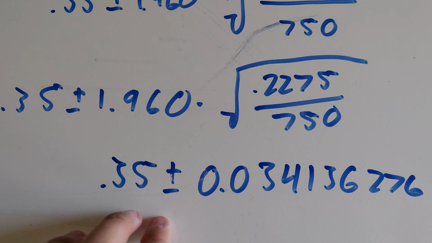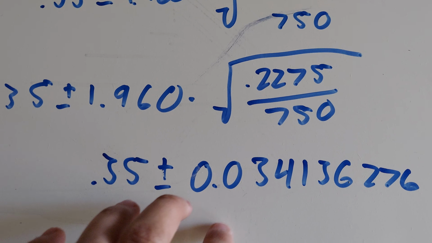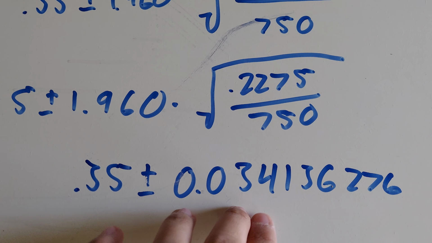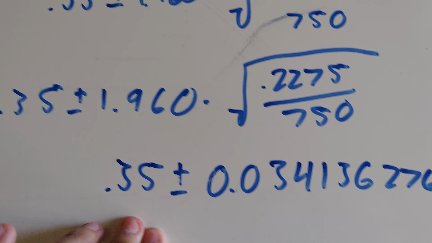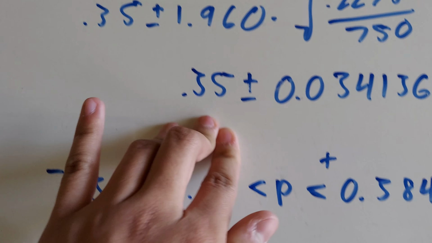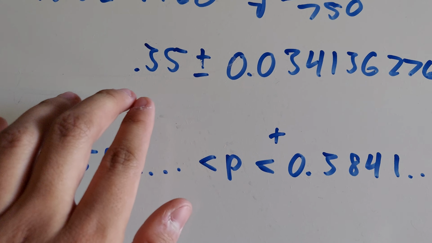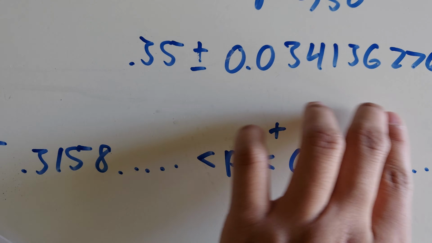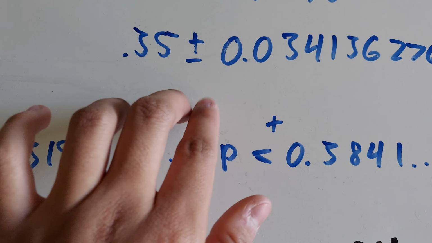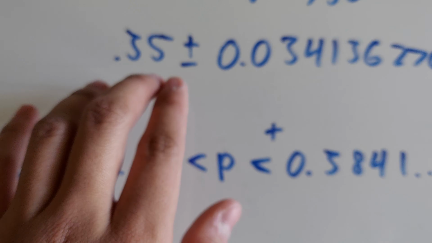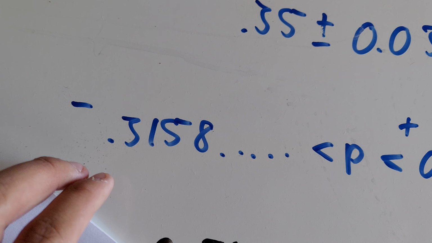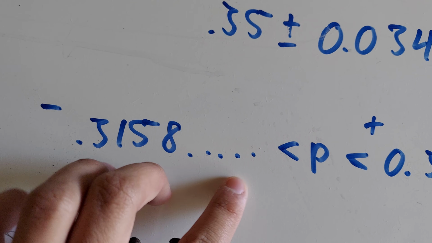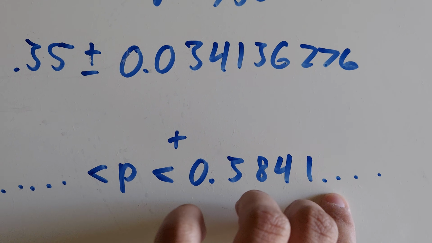So it's going to be 0.35 plus minus 0.033413676. So with that done, we're going to subtract this whole number from 0.35 and also add this whole number to 0.35. And the product of that is going to be 0.3158 with some more decimals shown here,